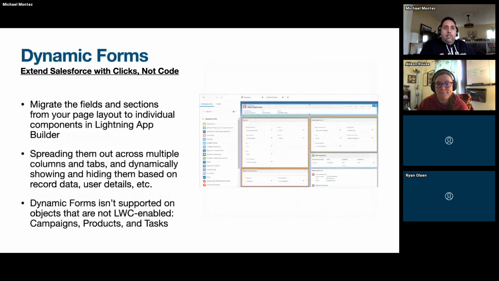Now, what we're going to be talking about today specifically is dynamic forms, and this is within a Lightning page. You can take your details section and convert that to a Lightning form, which just means you break your details page into sections. You can leverage tabs and accordions and other spaces around the page. And then you can spread out your fields across different columns or tabs or accordions within the Lightning page itself. In addition, you get the ability to dynamically show or hide information. And